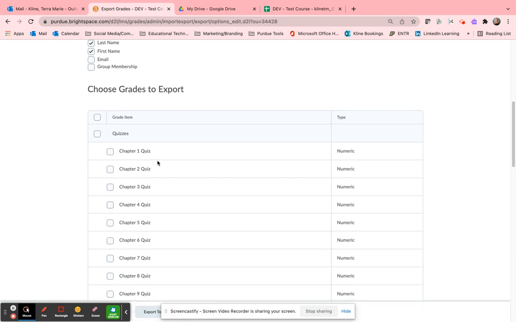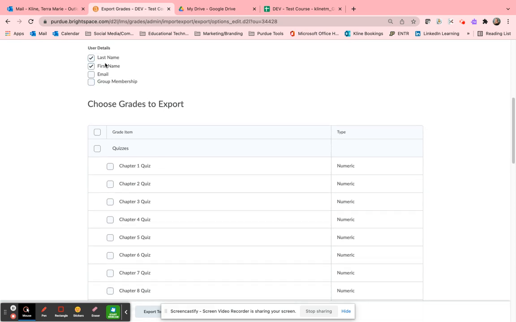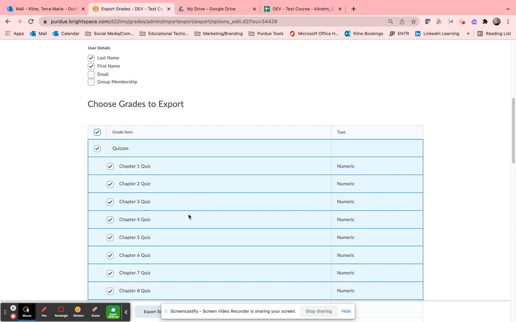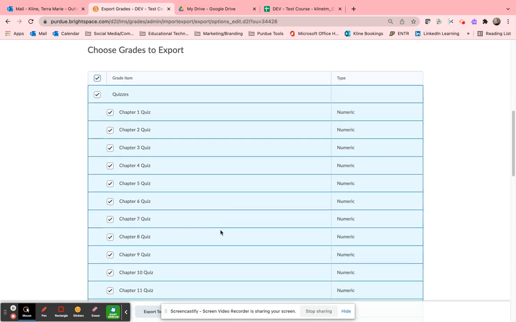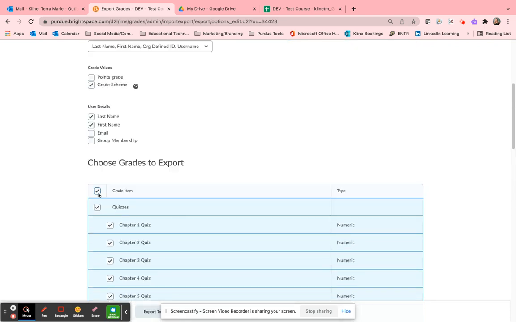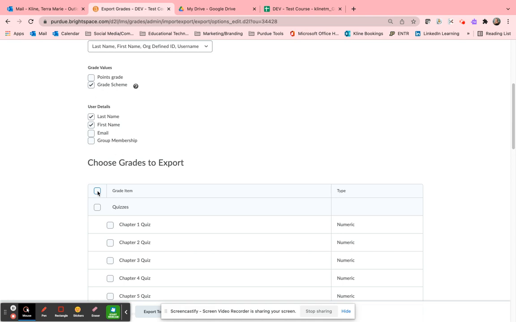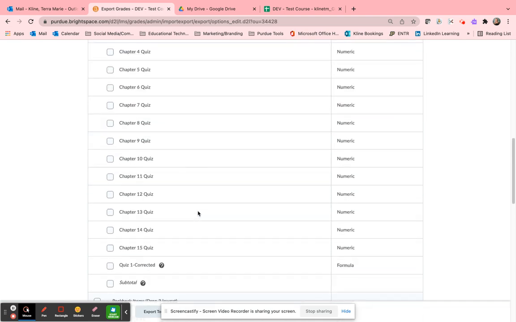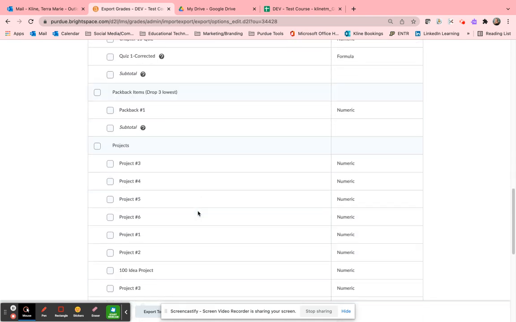And the only details we need under user details are last name and first name. By default, often you will come to this section and many of them will be checked off. If that's the case, just click this button right here at the top. It will check every single one of them off. And then if you uncheck it, it will then make sure that you just uncheck everything,